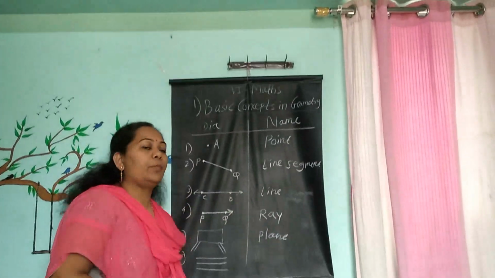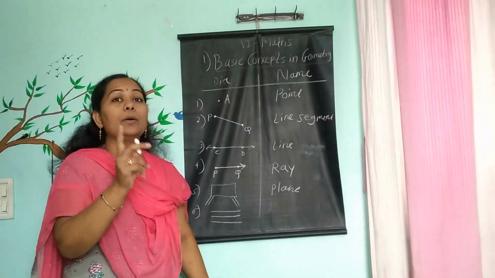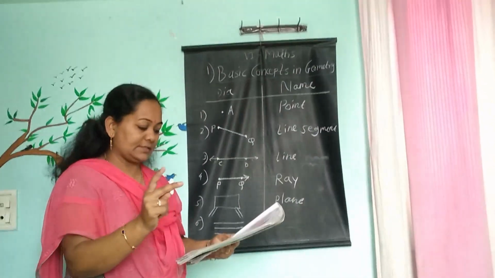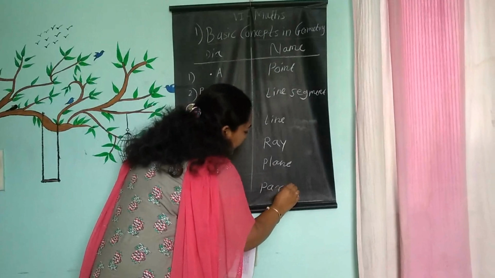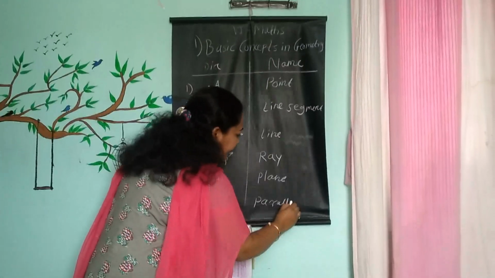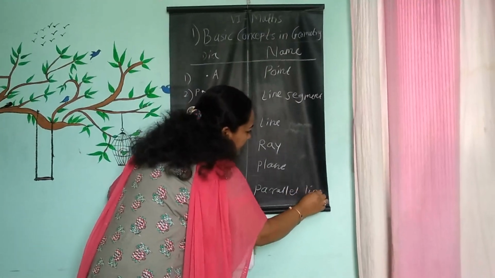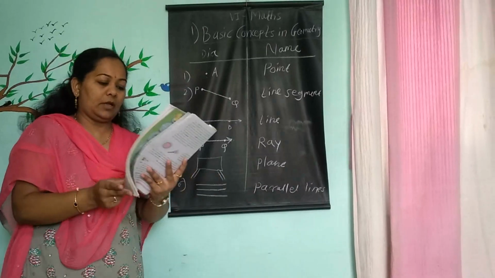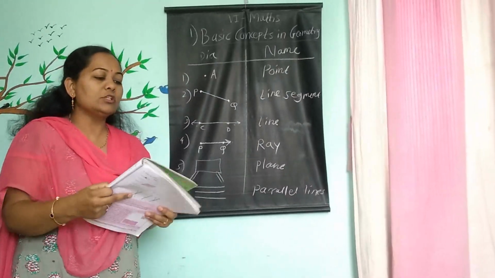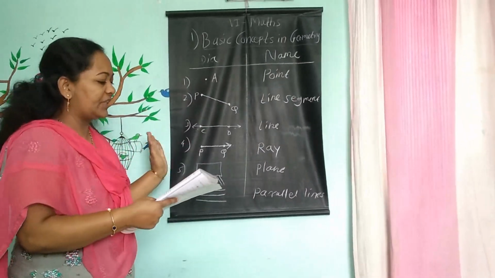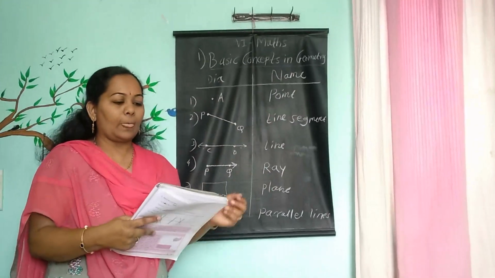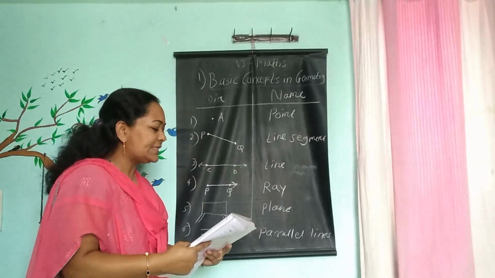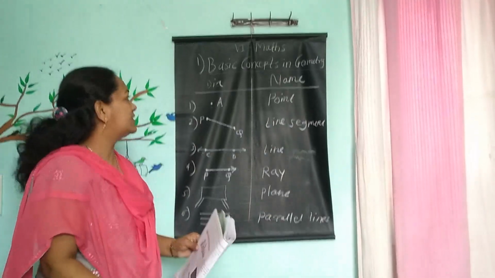These types of lines are called parallel lines. Understand? So you also prepare a chart like this in your notebook, and we can say one more last concept, the